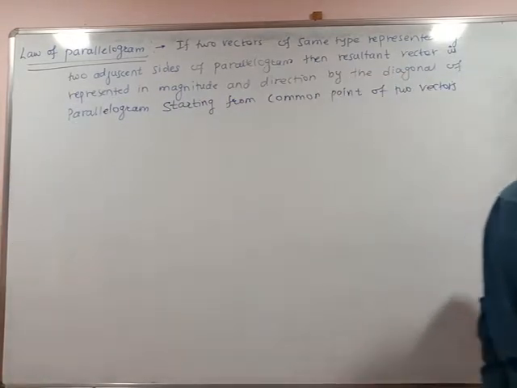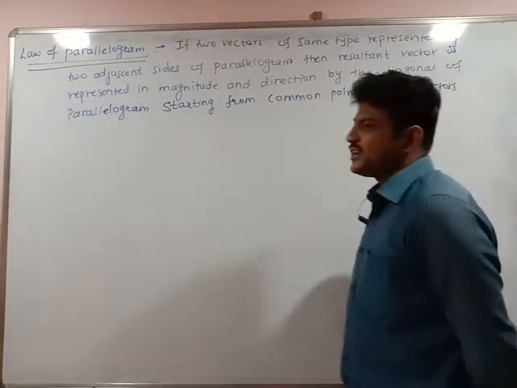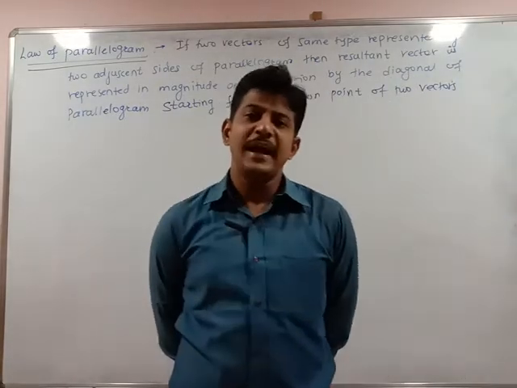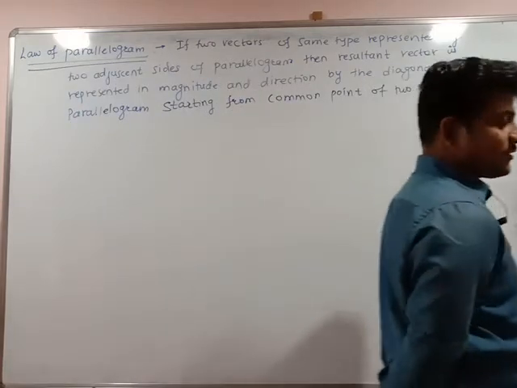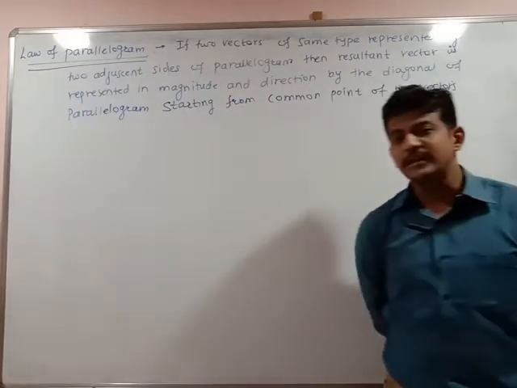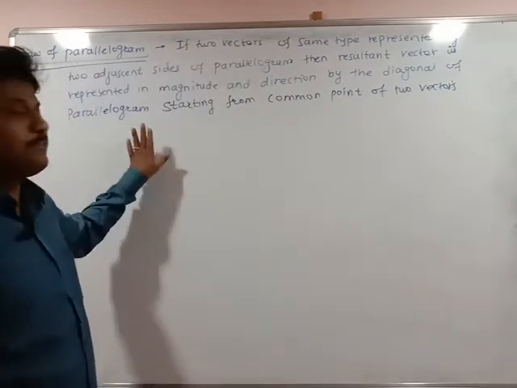So all these laws, commutative law, associative law, law of vector addition, which includes two vectors and the resultant of two vectors. All these cases we had discussed regarding the two vectors and the resultant vectors. In addition to that, the next point of the chapter is the law of parallelogram.